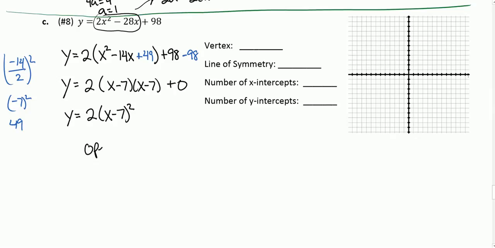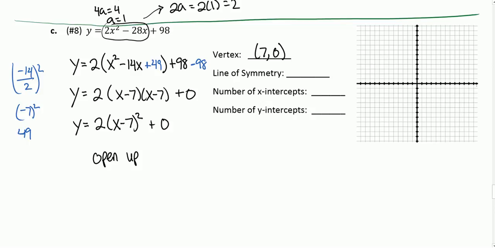This is going to open up in the positive y direction because it's a y equals parabola and the 2 is positive. The vertex is going to be 7, 0. The 7 is with the x, so it contributes to the x value of the vertex, and there's a plus 0 at the end, which we don't see, and that's our y value. So when I plot this, 7, 0, opening up,